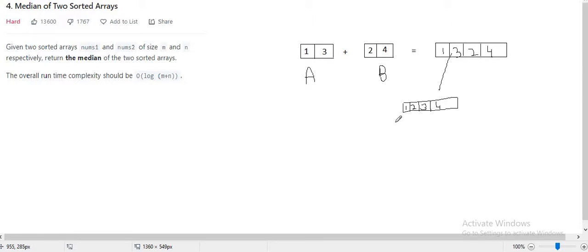Now since the length of this array is 4, which is even, the median will be the average of these two, that is 3 plus 2 by 2, that will be 2.5.